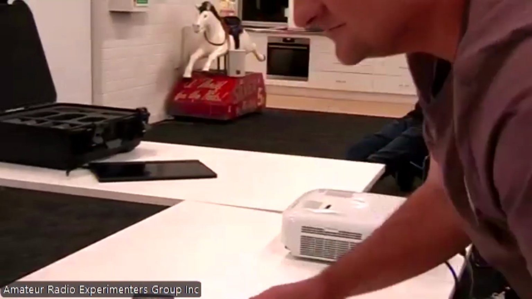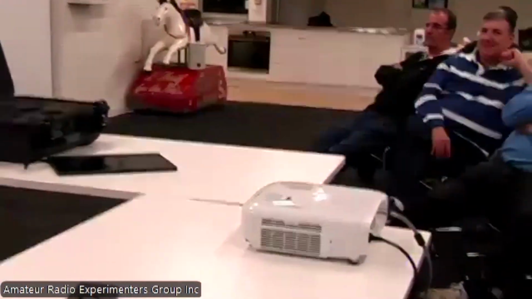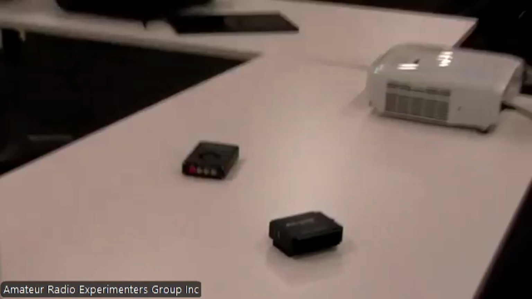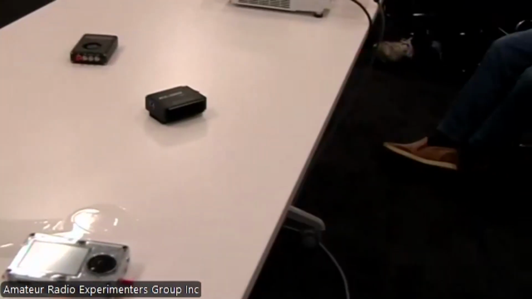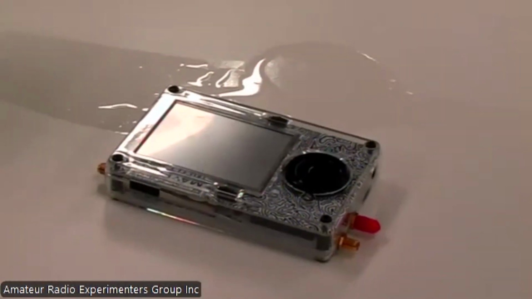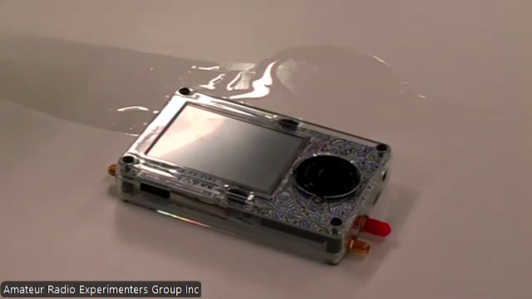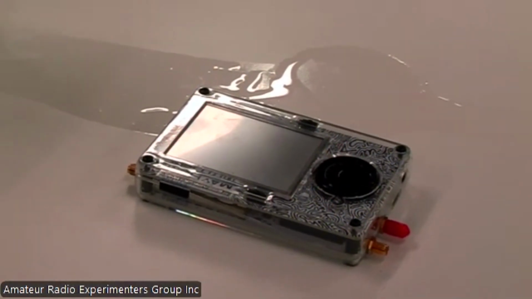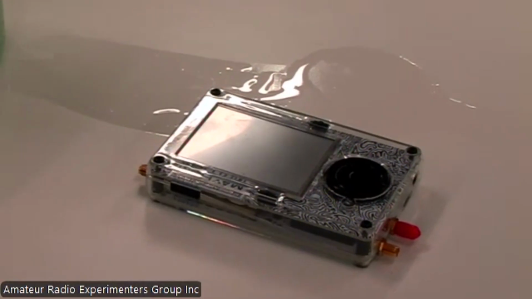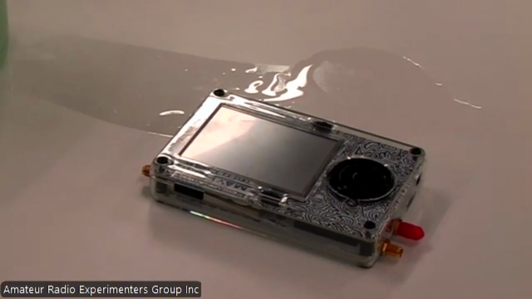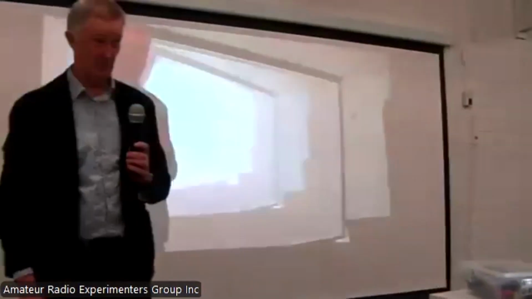Then we have the Hack RF. So this is a Hack RF with what's called a Portapack. The Portapack is basically a CPU that goes on the front. So it's moving it from being equivalent to an RX888 to a Web 888. But, excuse me, it's got a number of software developments that have been put in it. So it will allow you to do a lot of things that are not legal. So be very careful with it.